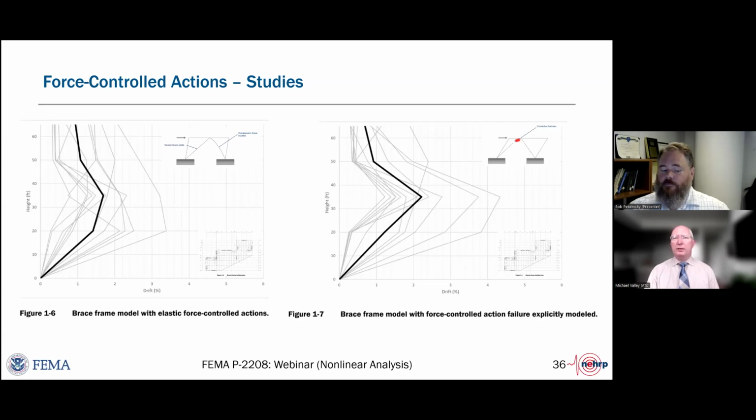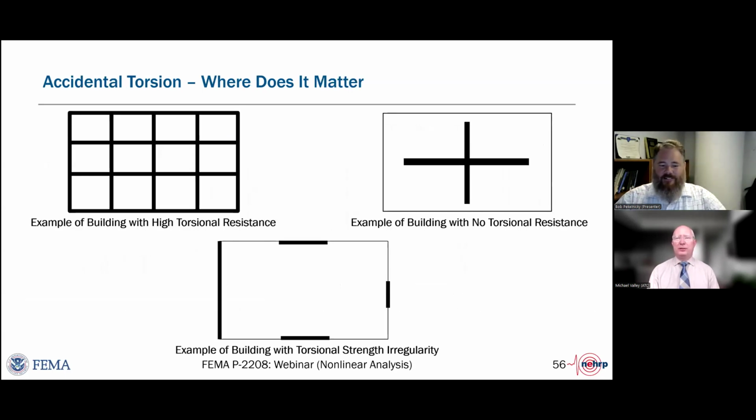Let's see. So then on to accidental torsion. I'll shorten the question. How is introducing accidental torsion in a 3D dynamic finite element analysis feasible?